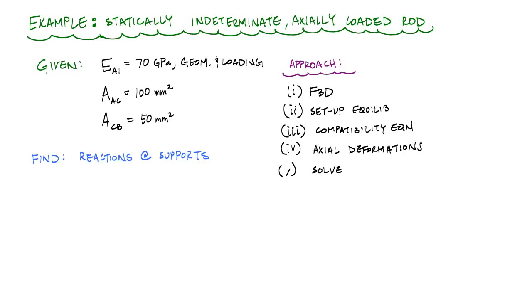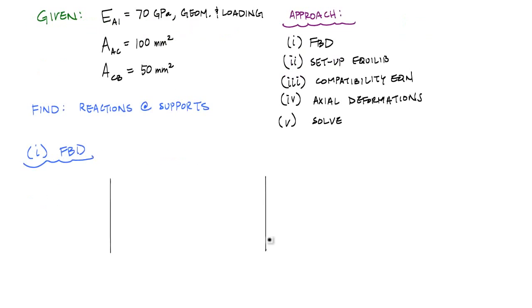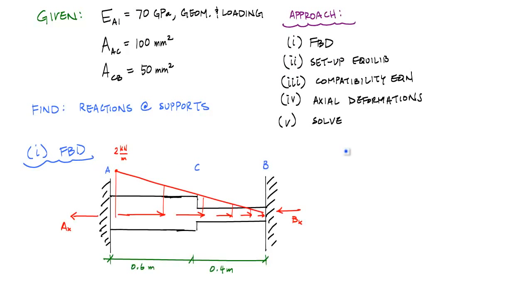So here's what the structure looks like. I'm going to call this my FBD. I'm going to have a fixed rod. Now we want to write out the equilibrium equation. And here, if I just apply some of the forces in the horizontal, I'll say positive is going towards the right. And this would say that minus AX minus BX plus the resultant of this linearly distributed load,